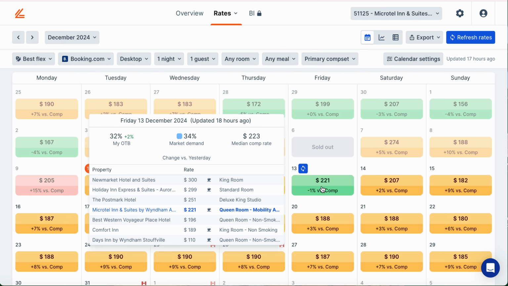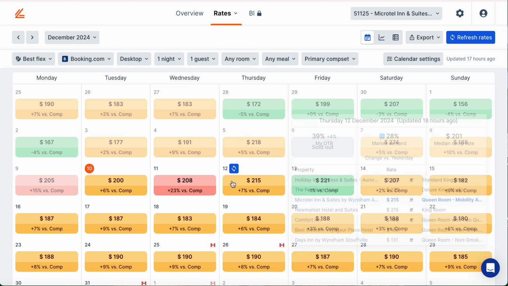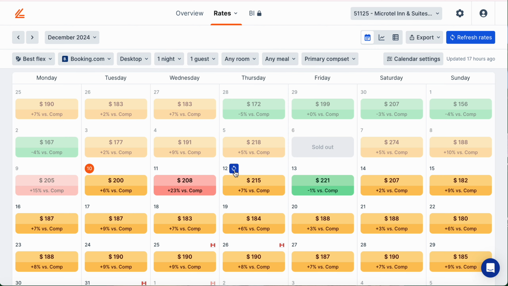We can see here that this was updated 18 hours ago last. In the upper right corner, I can also see that the whole page was updated around the same time ago. You'll notice that there is a refresh icon option up for the single day or for the entire calendar, and that allows for a live shop. One important thing to note about the live shop